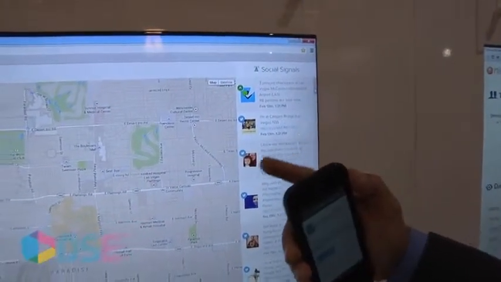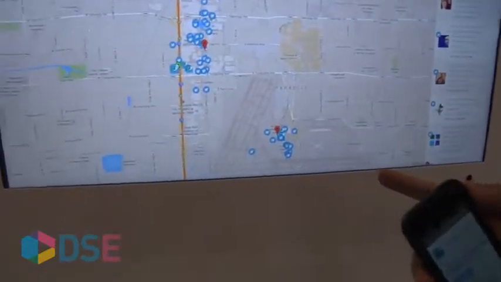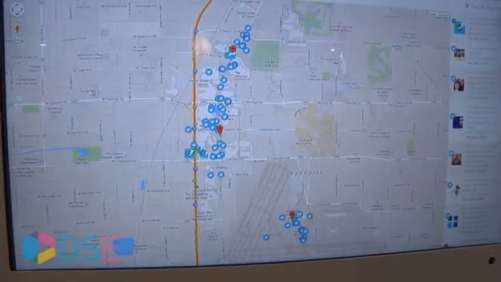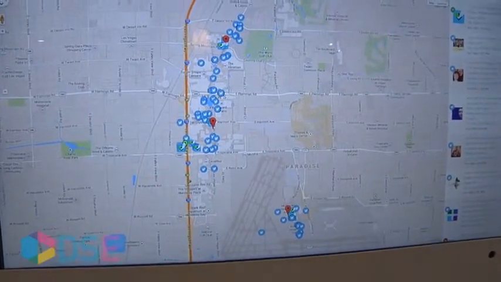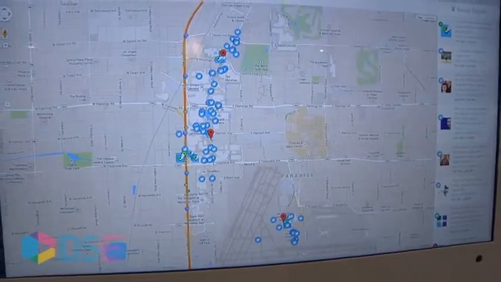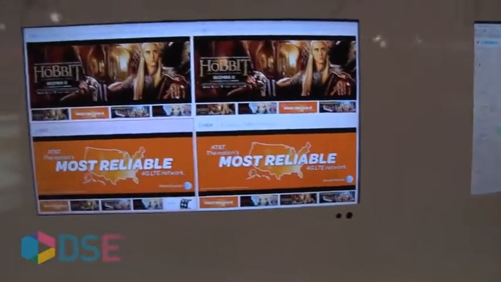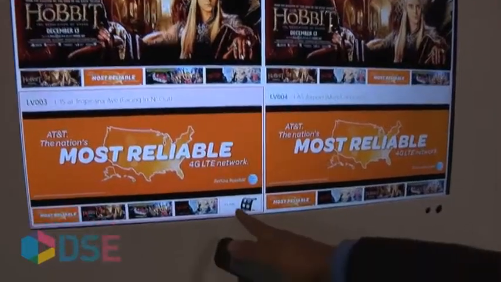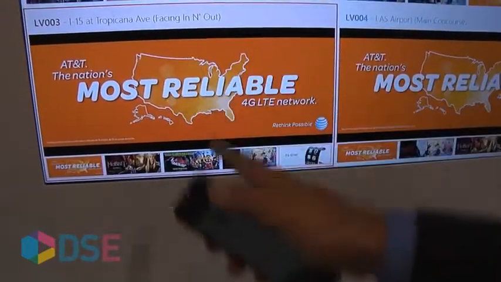And what happens is the creative will then shift to the digital billboard that is right near the airport. And if you notice, at the actual loop over here, it's going to leave. Watch it, it's going to happen. This iWatch is facing the In-N-Out.